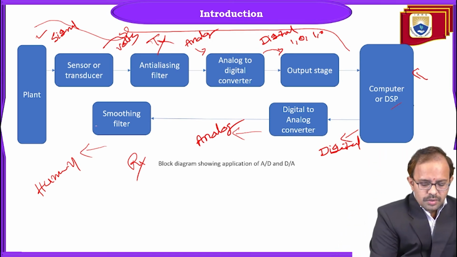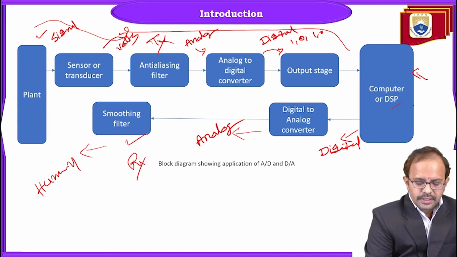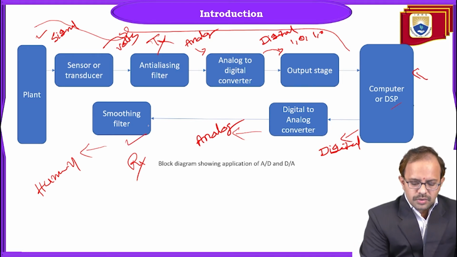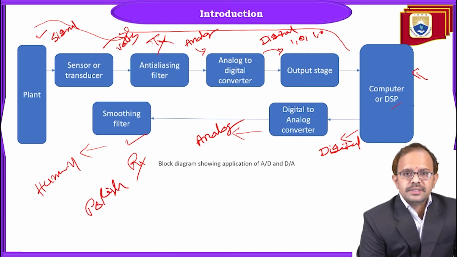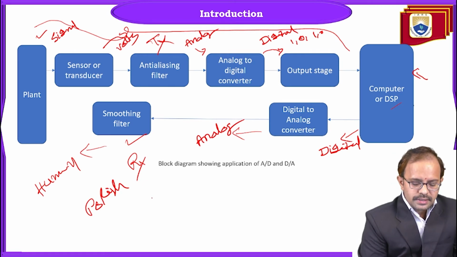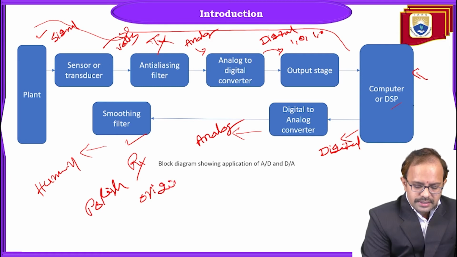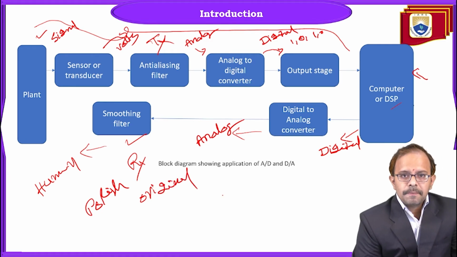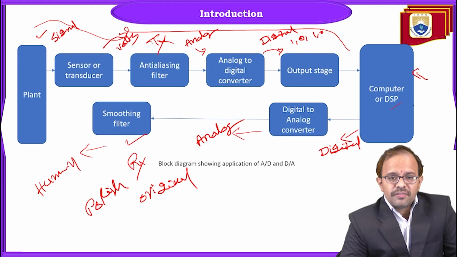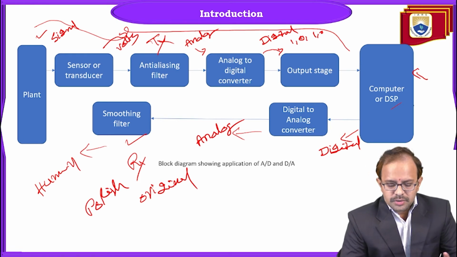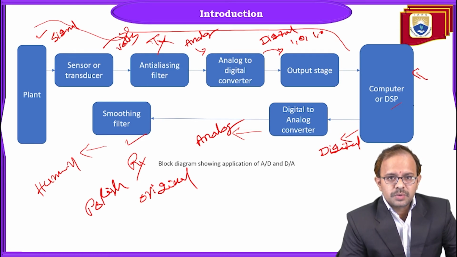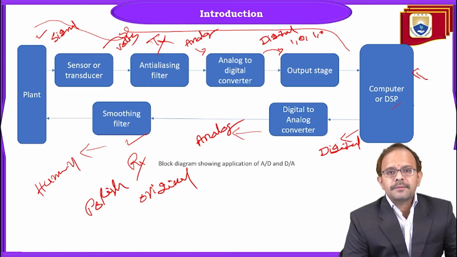Then what we need to do? We need to use this smoothing filter to polish the signal. So this smoothing filter, what is it going to do? It will polish the signal according to the requirements, or in order to get back the original signal. In order to get this original signal, we need to perform additional filtering. We are going to perform filtering activity also. So that is the operation or requirement of this smoothing filter, and this can be applied back to the